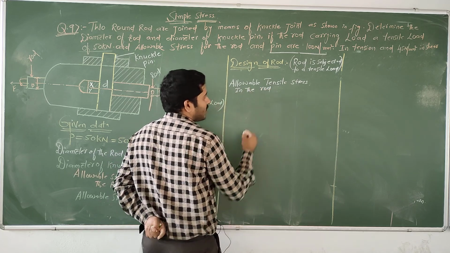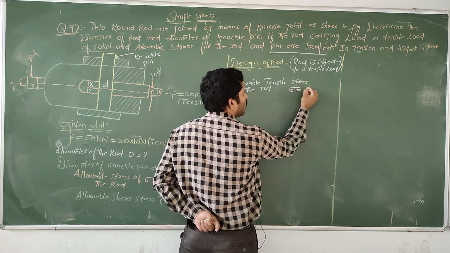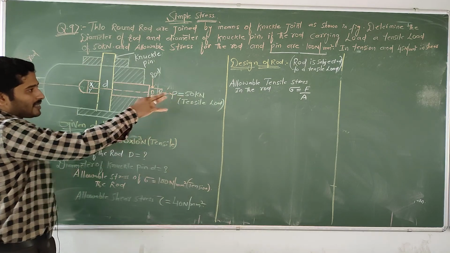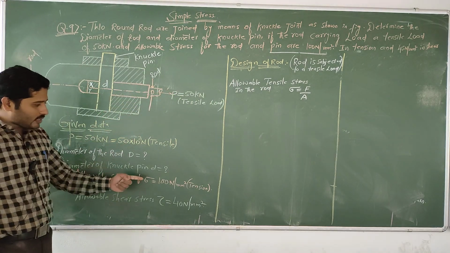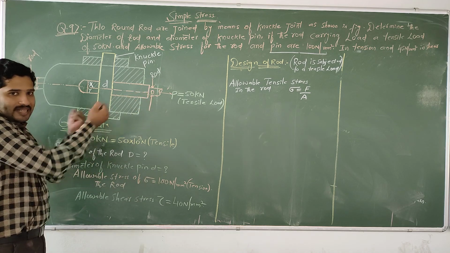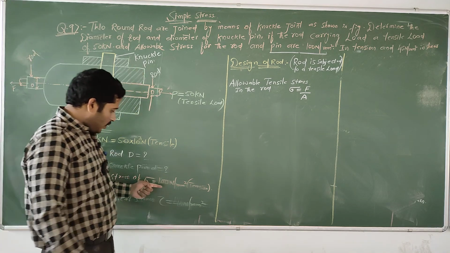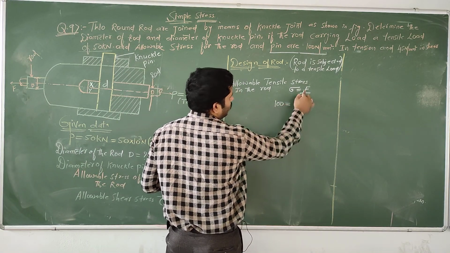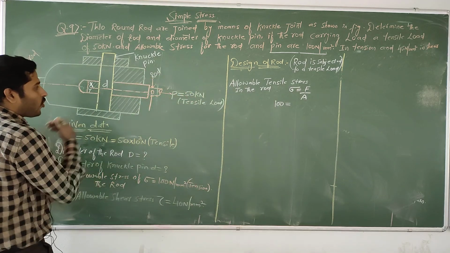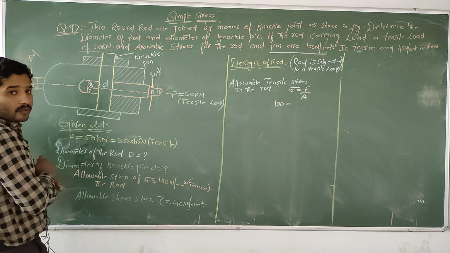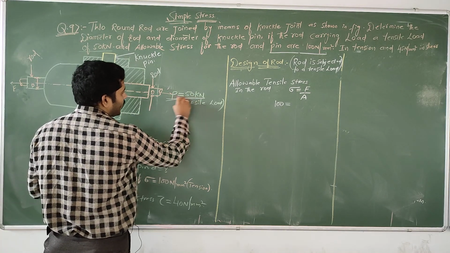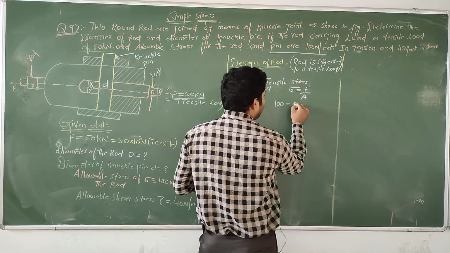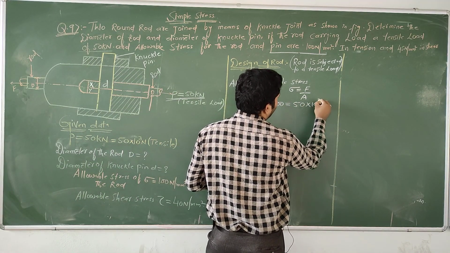So what is the formula here? Stress is equal to force per unit area. Okay na dear? The allowable tensile stress in the rod. So what is the nature? It is tensile nature. So how much is given? 100 equal to, so how much force is acting on this rod? The force acting is 50 kilonewton on this rod. Is it right? So 50 into 10 power of 3.